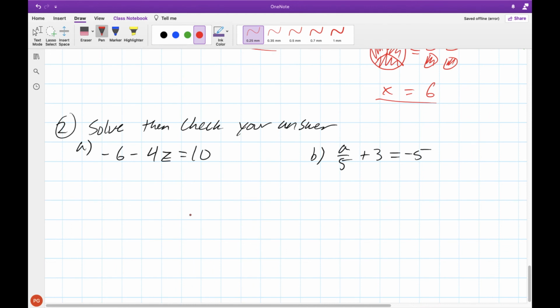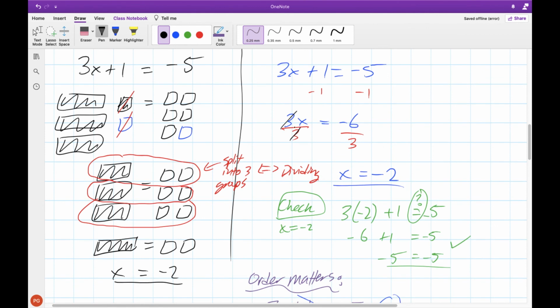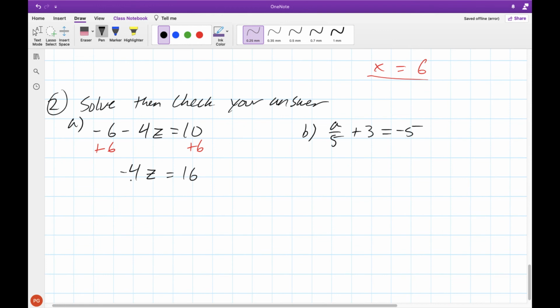For these ones down here, we don't need to use tiles. And in this case, for our first one here, remember we want numbers on one side, variables on the other, so let's get rid of this number right here. We've got a negative 6, so let's add 6 to both sides. From here, we want to get rid of this number in the front. If we look back at our previous examples, where we had a number leading here, we want to divide by that number, because that'll cancel it out. So if we have negative 4 copies of our variable here, we want to divide by negative 4. Those would cancel out here and here, leaving us with our variable z is equal to 16 over negative 4,